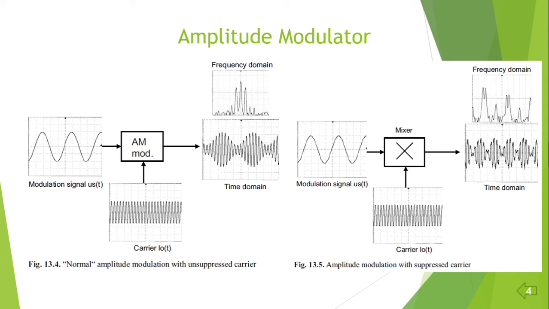As mentioned here, the carrier is suppressed by the mixer. If the mixer is used for amplitude modulation and the modulation signal itself has no DC component, no spectral line at the carrier frequency will be found in the modulation spectrum. There are only two sidebands.